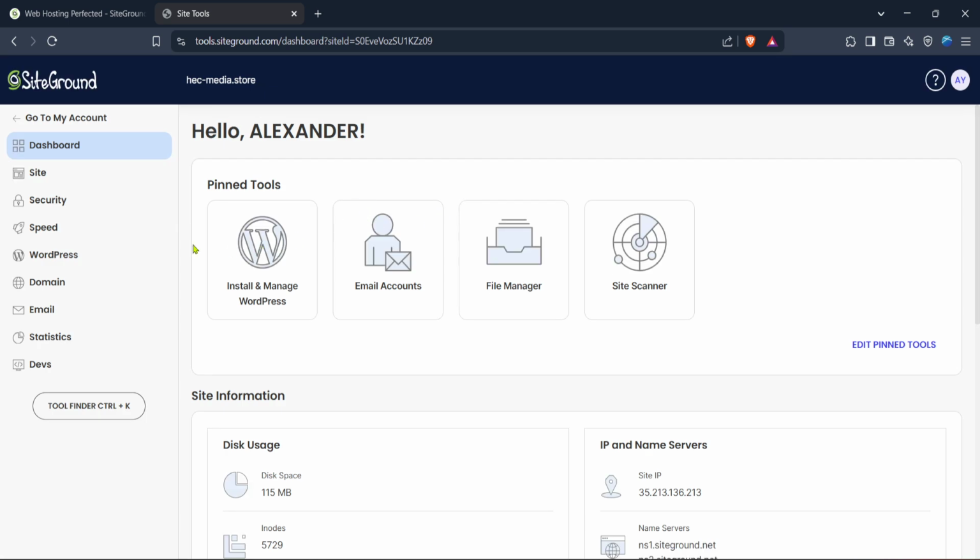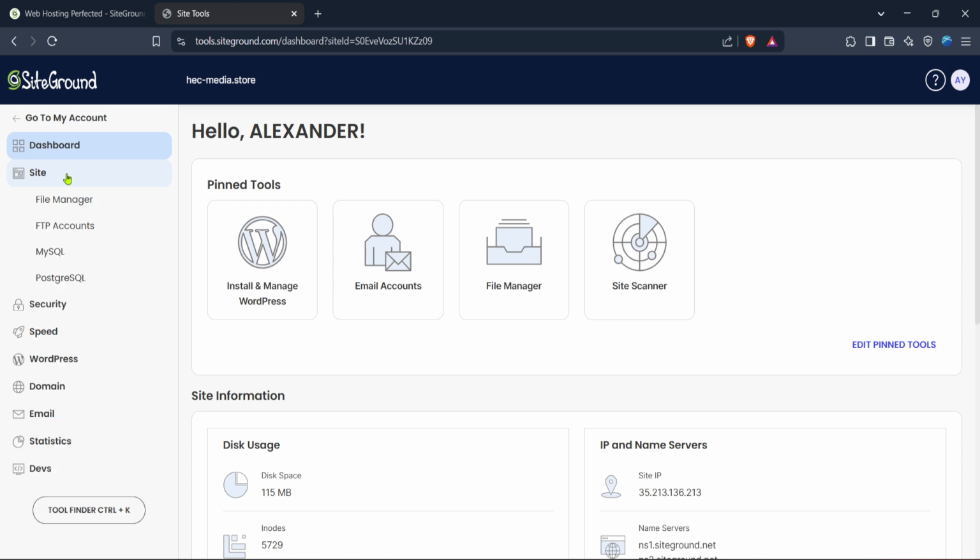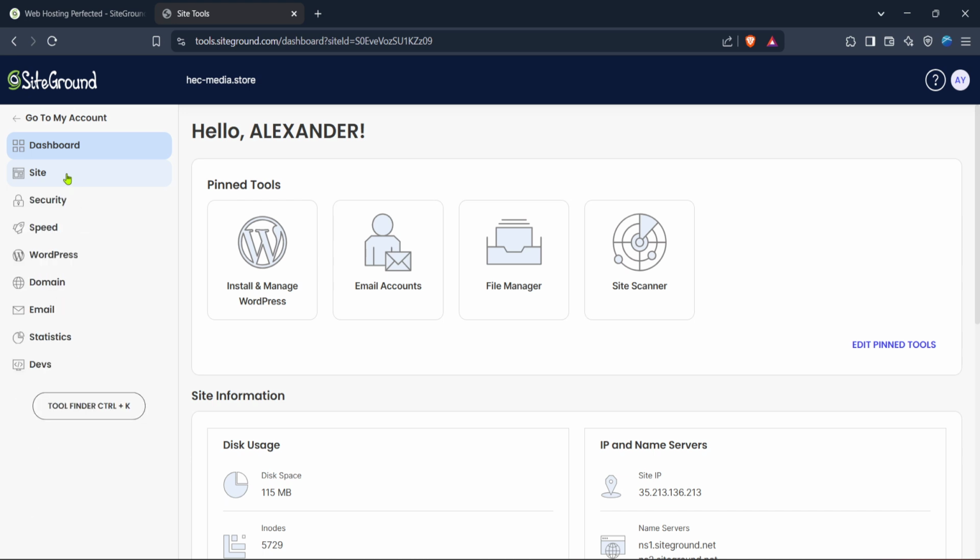On the Add Users page, you'll see a section to Add New User. Click on this option. It will prompt you to fill out some fields with the new user's details. Usually this includes their email and choosing whether they will have full access rights or limited, like email accounts only. After filling out these details, click on the new user.